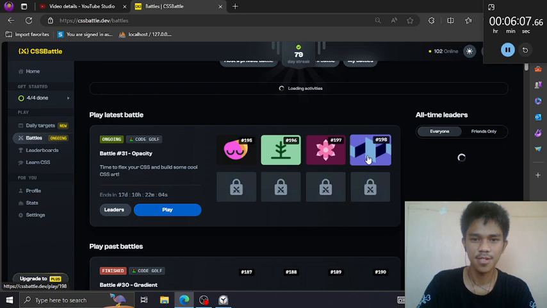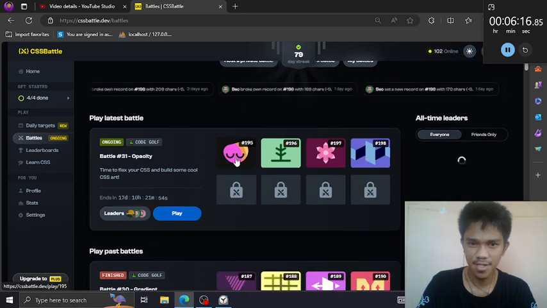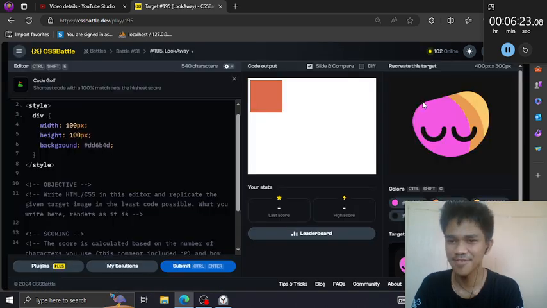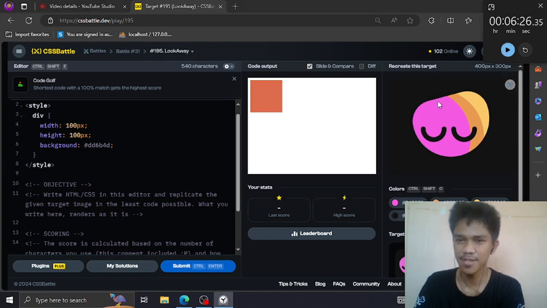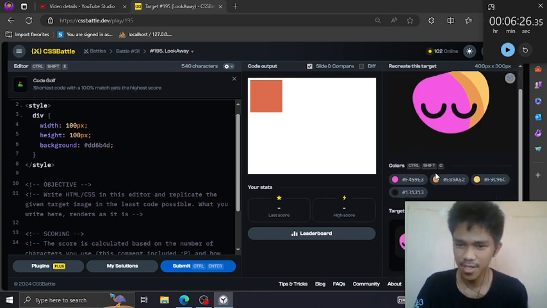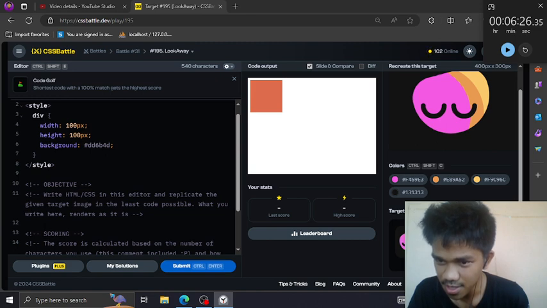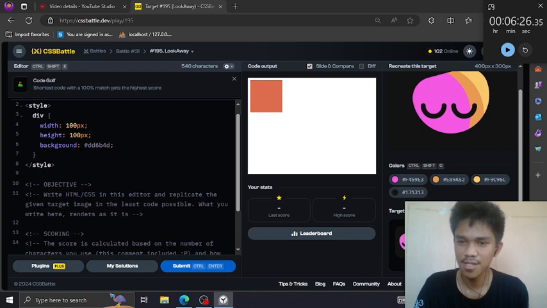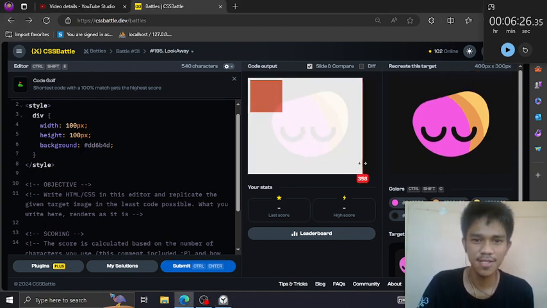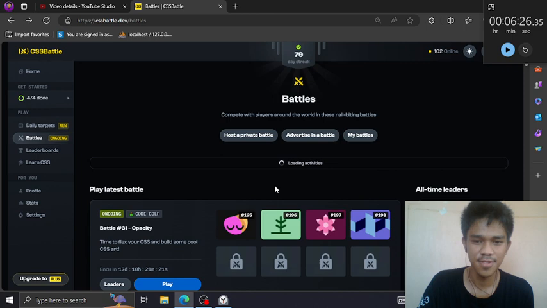This is hard for me because how would you shape this kind of bean thing? It's not even a shape. It's not your regular shape. It says here, Look Away. Look Away is a Mac OS app that puts your Mac in rest mode at regular intervals to help you rest your eyes. I don't know what that means, but let's move on.